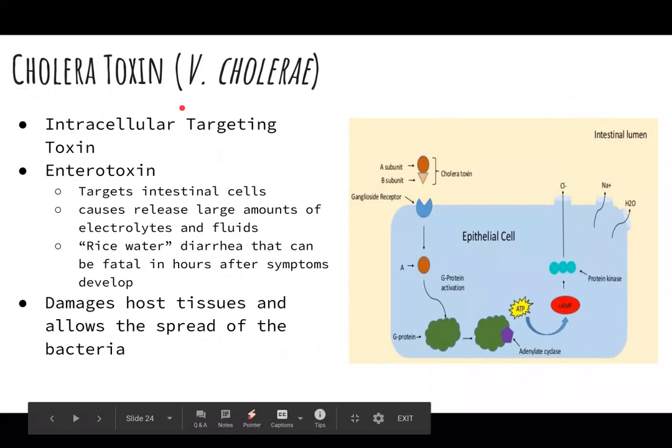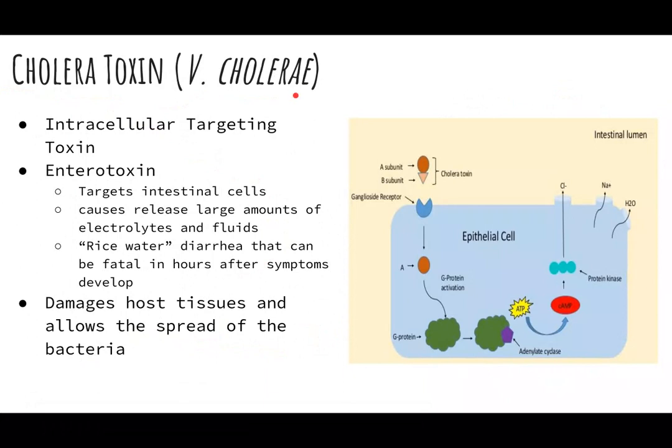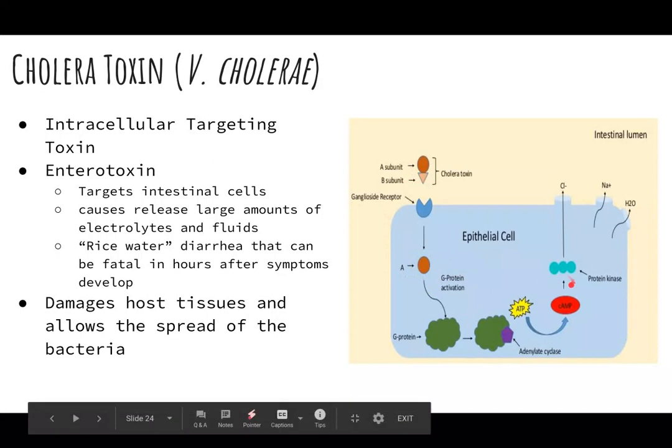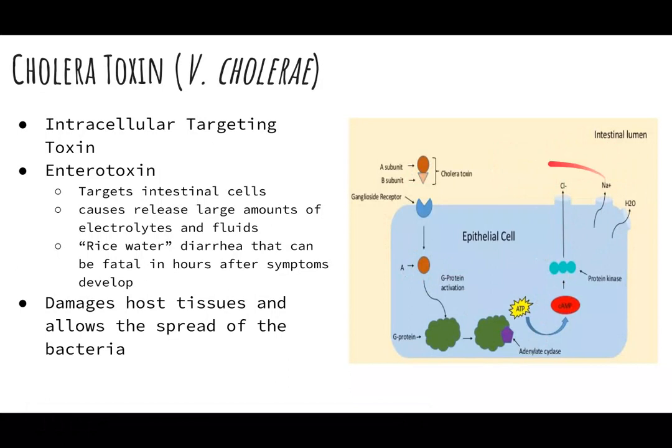So cholera toxin, this is a toxin produced by the bacterium Vibrio cholerae. It is an intracellular targeting toxin that is an enterotoxin, which means that it targets intestinal cells. And what it does is once it gets inside of the cell, it's going to trigger that cell to release large amounts of electrolytes. When it releases those electrolytes, water is going to follow those electrolytes, and that is going